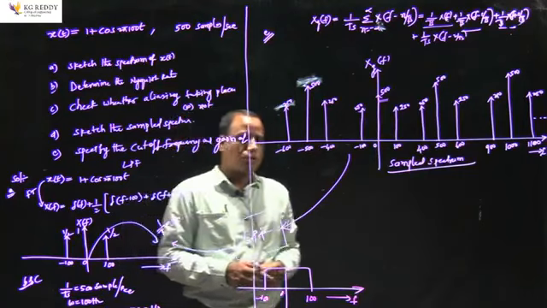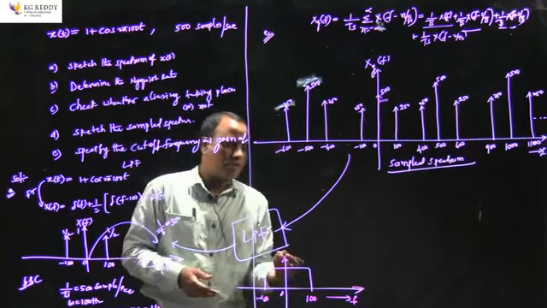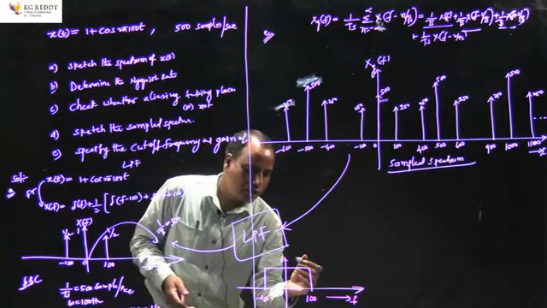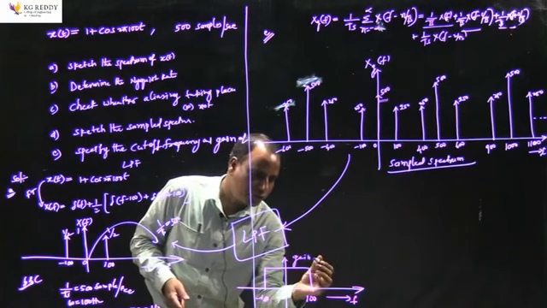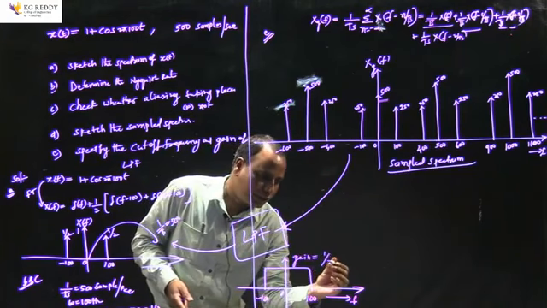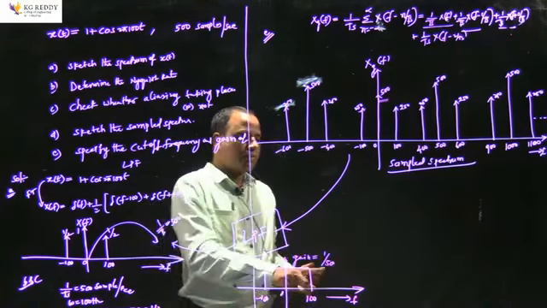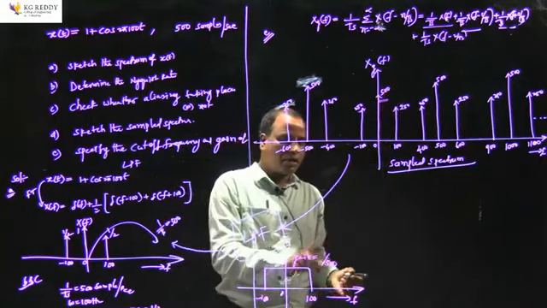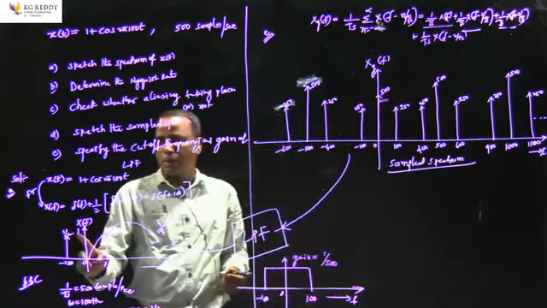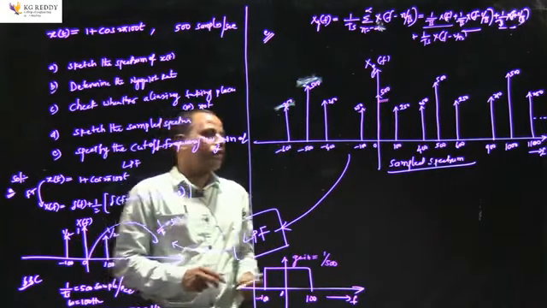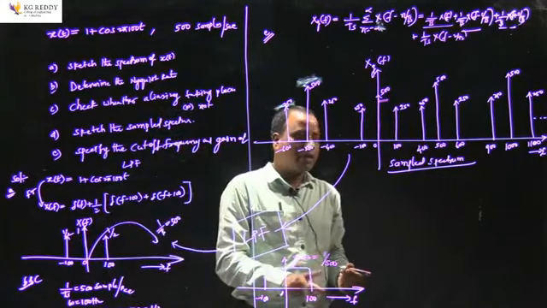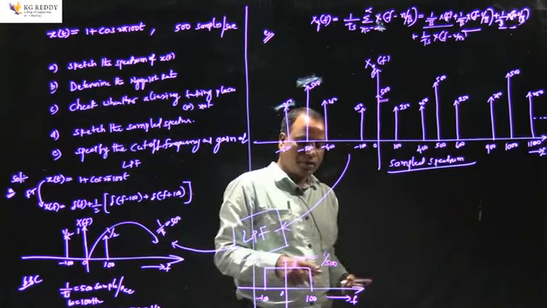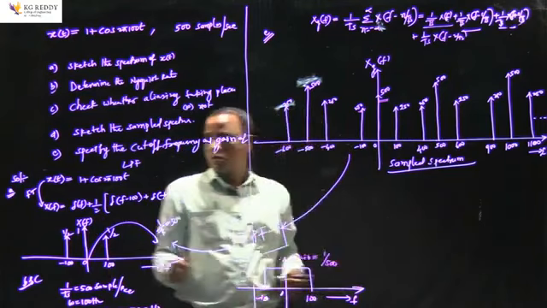That is possible only if you design a low pass filter with a gain of 1 by 500. If I say 1 by 500, this 500 into 1 by 500 becomes 1. So that's the reason you will get the amplitude of X of f as 1, and this 250 into 1 by 500, 250 divided by 500, becomes 1 by 2. So 1 by 2 we will get.